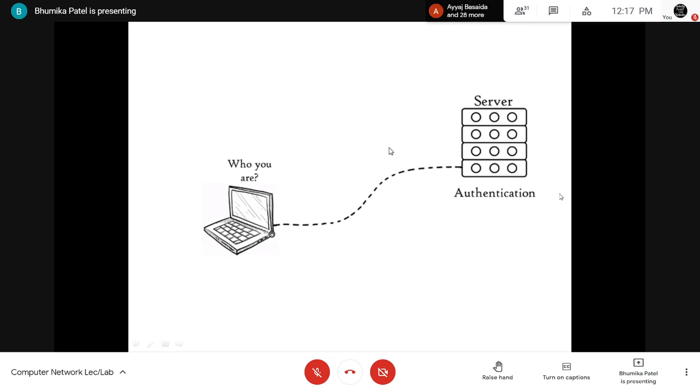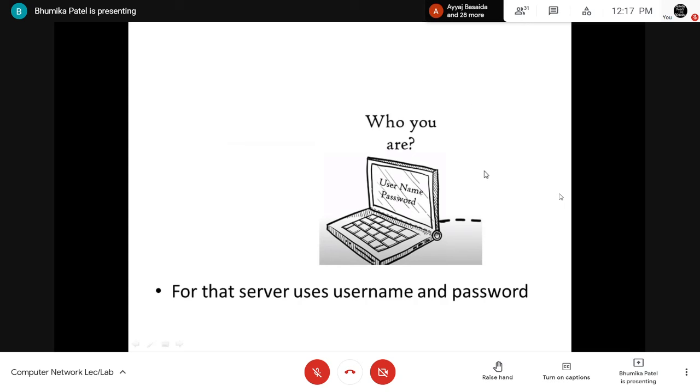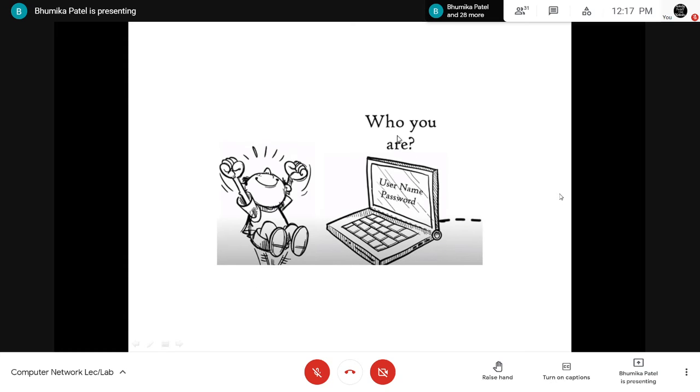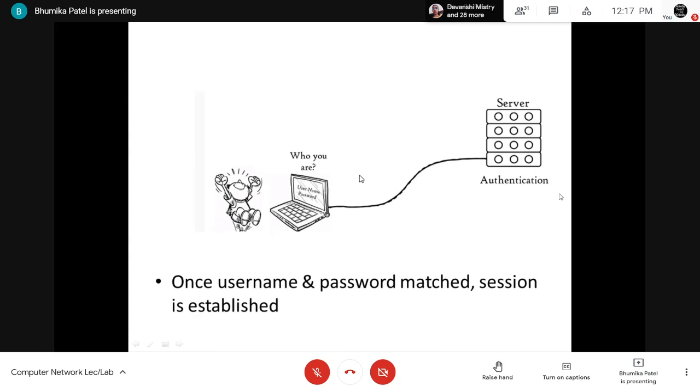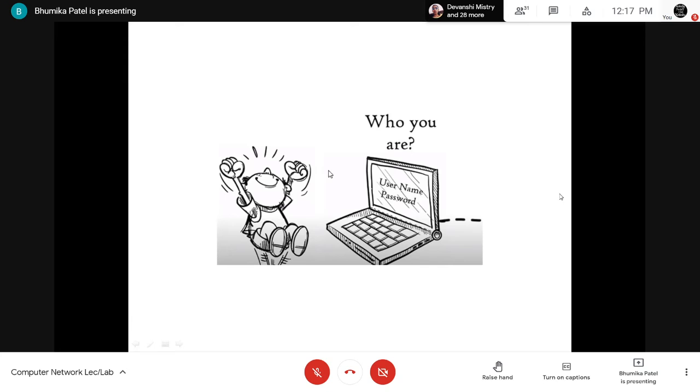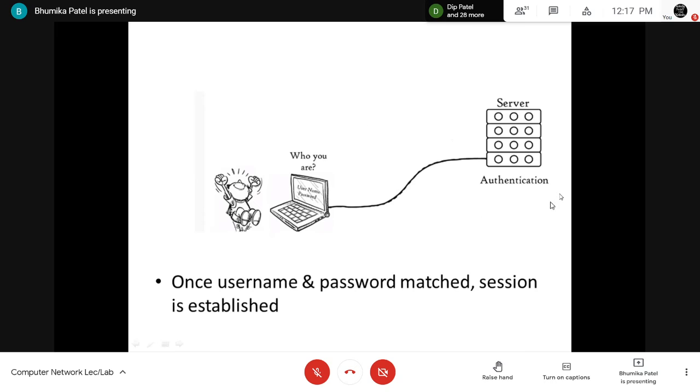For this purpose the server will use the username and the password, and once you enter the username and password, it will be matched at the server side, and if it is matched, you will get this message that you are connected to the server. That means once the username and password are matched, the session or connection is established between the server and your computer.